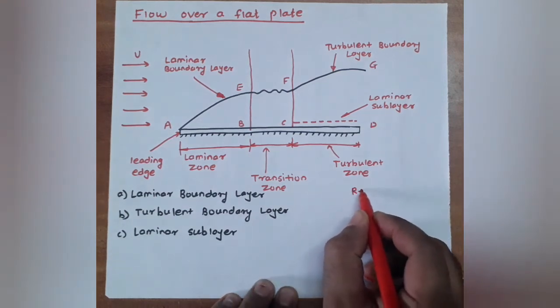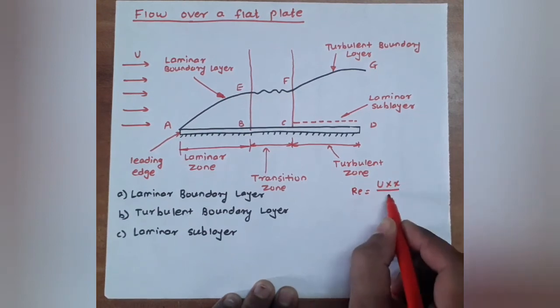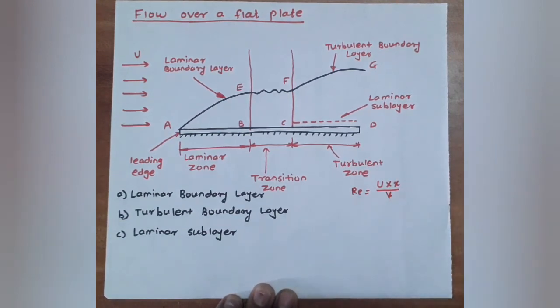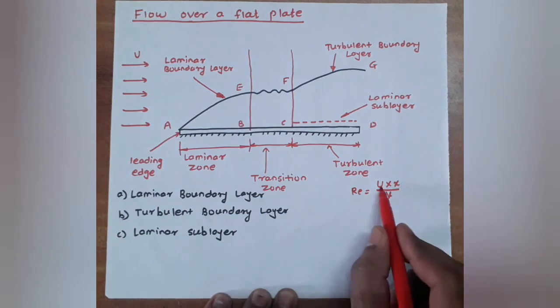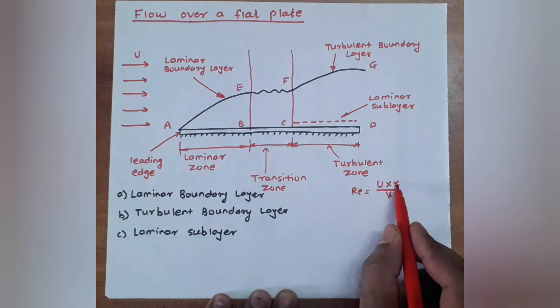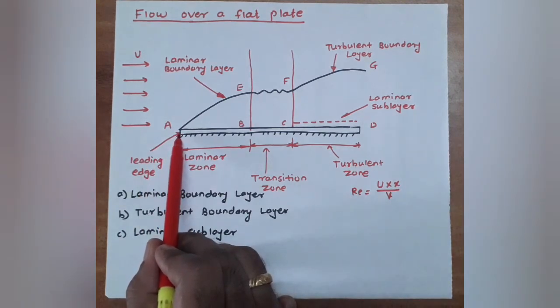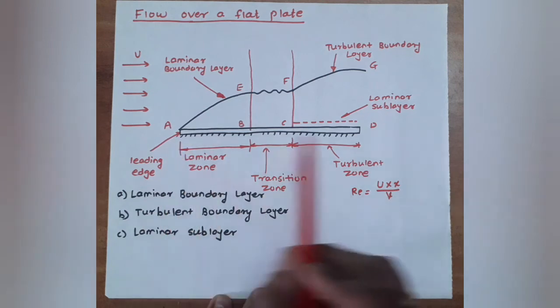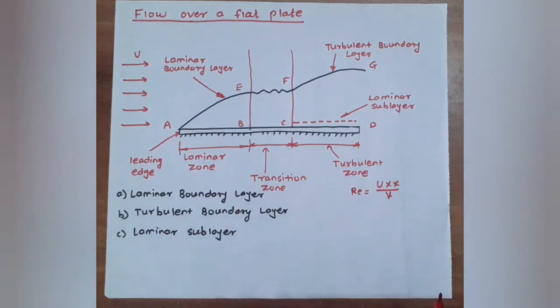and the Reynolds number we can calculate. It is Re equal to capital U into X divided by nu. Nu is the kinematic viscosity, capital U is the free stream velocity, and X is the distance from the leading edge. So this front side of the plate is known as the leading edge, and this edge, the D section or point,